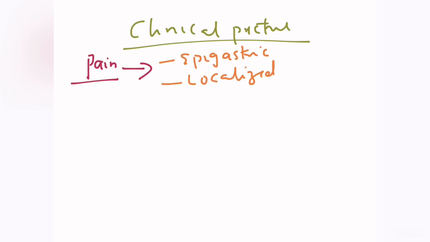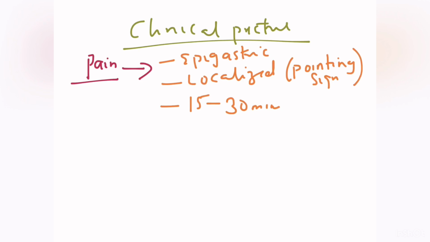It can be pointing, the patient can put a pointing sign, meaning the patient can put his finger and localize the point of the pain. This pain happens 15 to 30 minutes after a meal